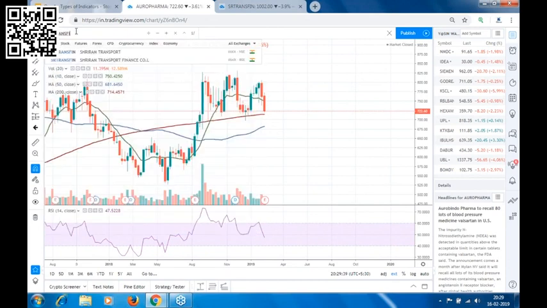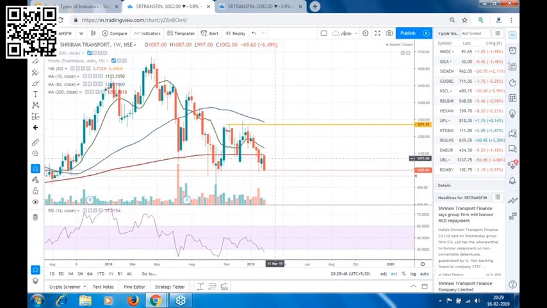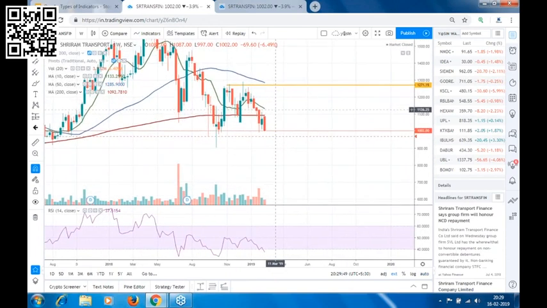The reason why we are checking all these time frames is because we don't want any barrier when we are taking a trade. If we are taking a short trade, there should be no barrier on the downside, and when we are taking a long trade, there should be no barrier on the top of our entry price. Because see, when you're going to do intraday, what time frame will you be using? You'll be using 5 minutes or 15 minutes time frame. And if you have a resistance on the weekly time frame, which is much bigger than your 5 minutes and 15 minutes time frame,